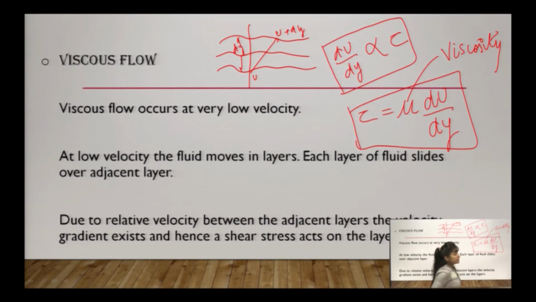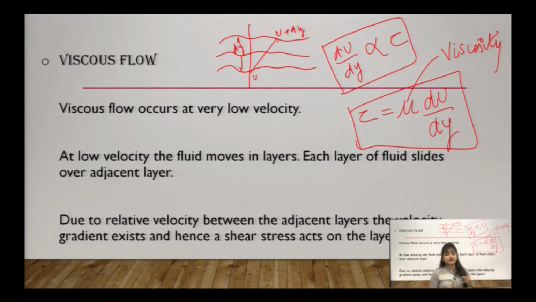Here we need to calculate all the parameters: the change in pressure, the shear stress, and the velocity distribution. Within the velocity distribution you need to calculate at which point the velocity will be maximum or average, and calculate it mathematically. For a pipe with diameter d, what is the maximum velocity V max that the fluid in the pipe will attain?